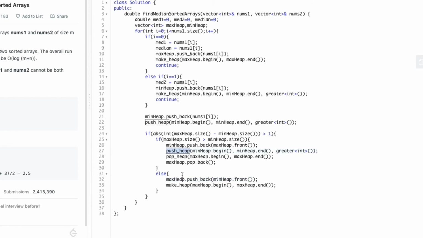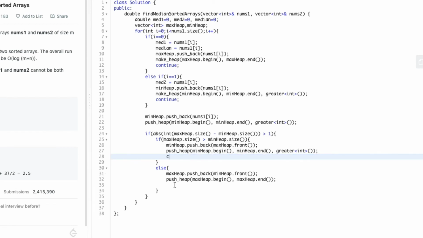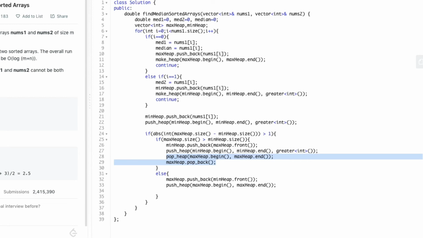We call the function push heap. And then we pop the element min heap dot front from the min heap.